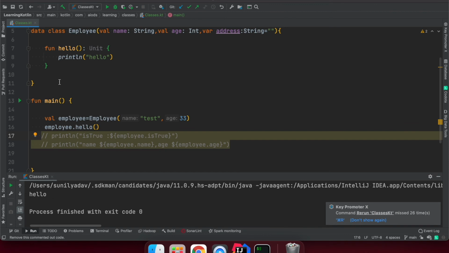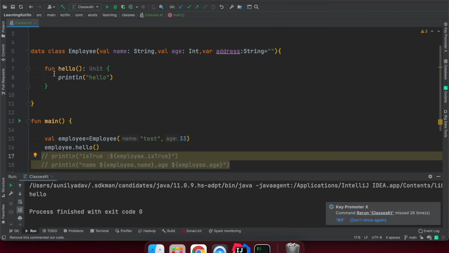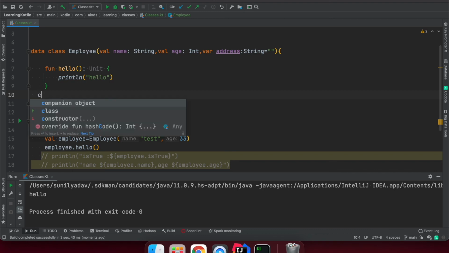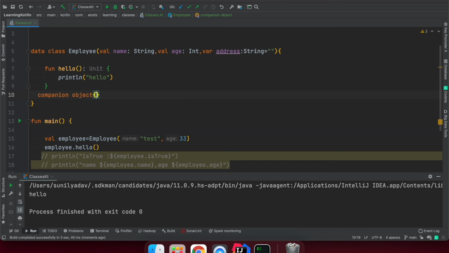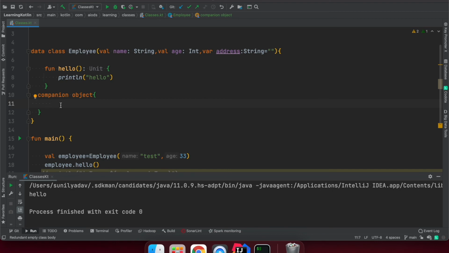Now it's printing. How can we define static methods like we have in Java? Similarly, in Java we have public static, we need to use the static keyword. But in Kotlin we can say companion object. Whatever method you create under this is static by default.